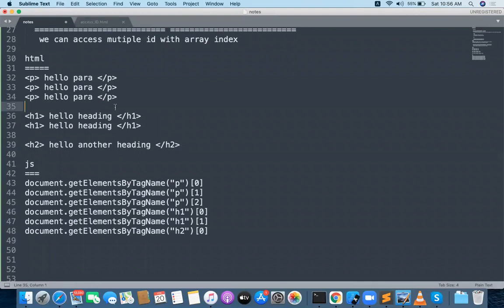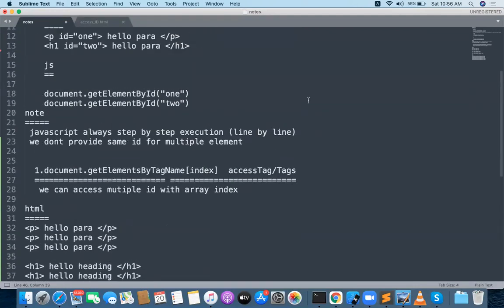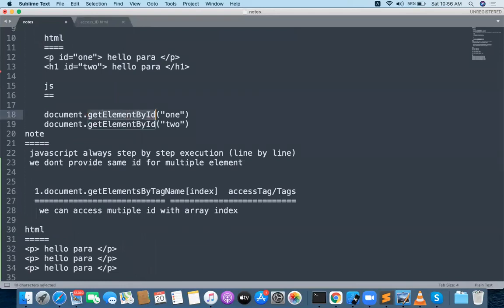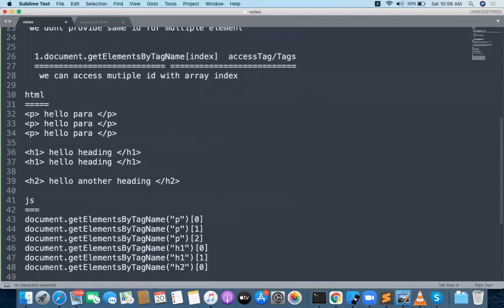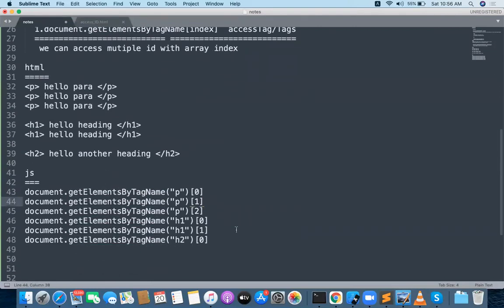How many elements are there, we don't care. But if you have the same element multiple times, you need to check that your index is properly given. Even if only one element is available, we should provide index 0. Without an index we can't do anything for plurals like class names or tag names. Class names and tag names are plural. ID is only singular: getElementById. But here it is getElementsByTagName.